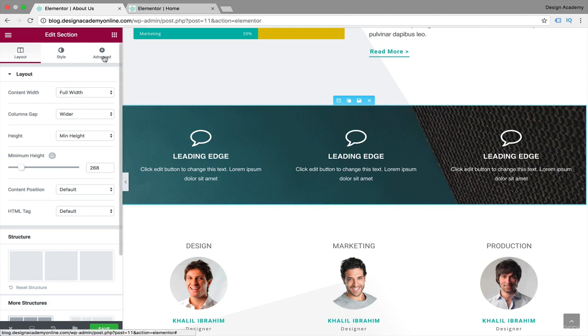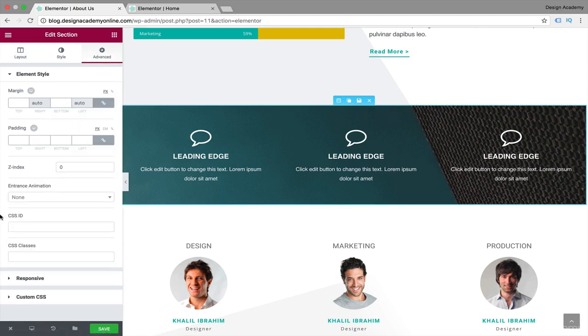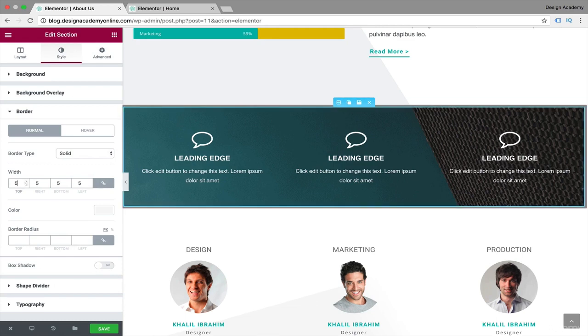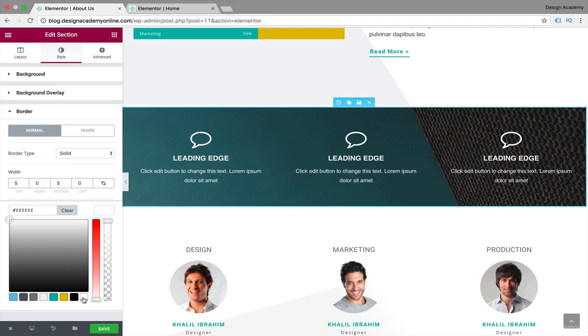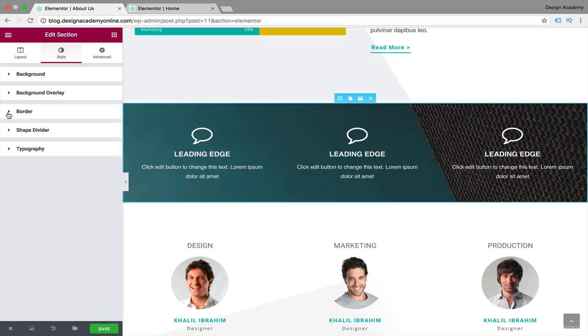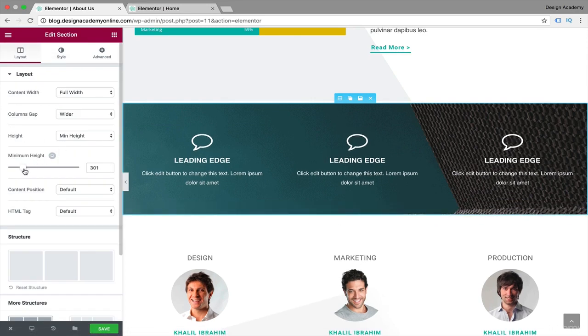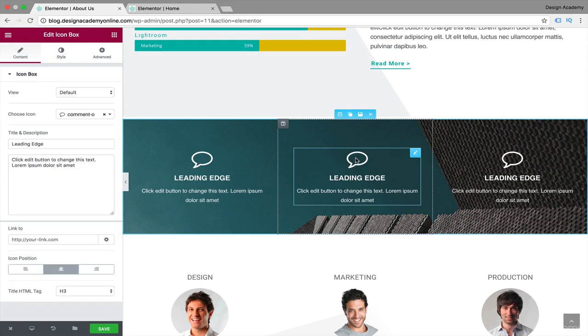Now we're gonna add some borders for our image. Go add border, and we'll make it solid. We're gonna add 5 from top. I'm gonna unlink that. I'm gonna remove the right and left borders. We're gonna make this one on white. I'm gonna increase our section's height from here and make it a little bit bigger like that. And now we need to customize our